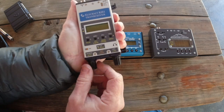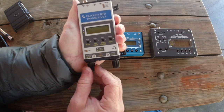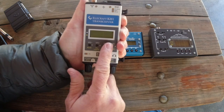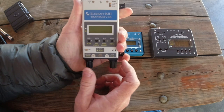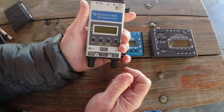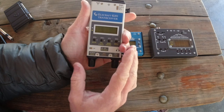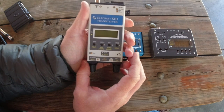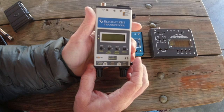It's designed to be handheld, and so the controls are at the bottom here, so you can reach them very easily while you're holding it in your hand. It has quite a lot of functionality. It is a 5-band radio, so it covers 40, 30, 20, 17, and 15 meters. It is CW only right now. There could be some extra functionality added to it in the future, but basically it's a CW only radio